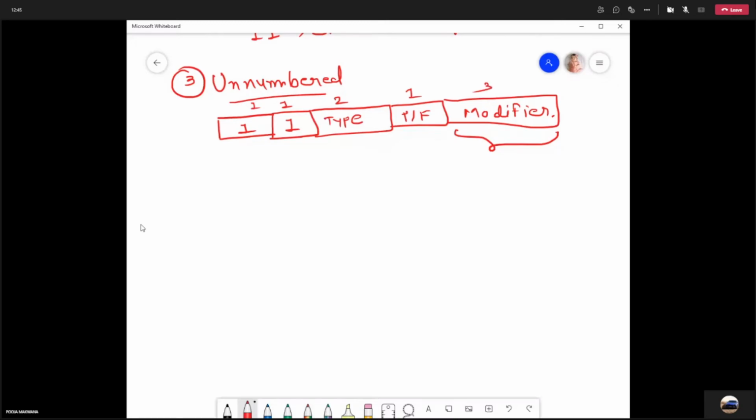So here we have to discuss this new field, the modifier field, right? So what is the modifier field? There may be different values possible for this modifier field. So if we consider the type field as well as the modifier field, if the type field is 00 and the modifier field is 010, this is the disconnect mode, right?